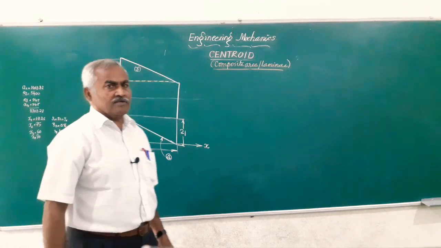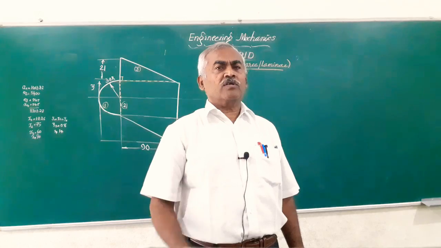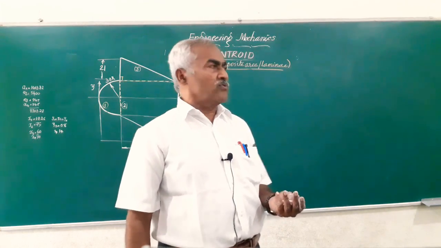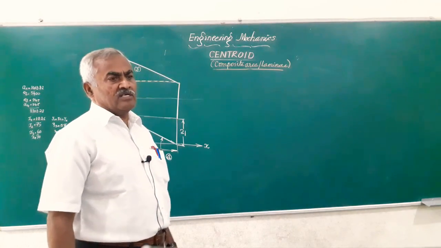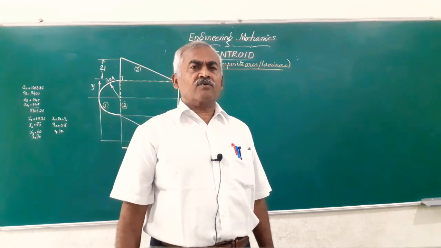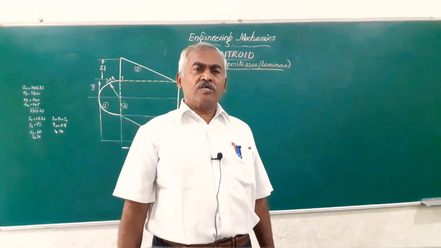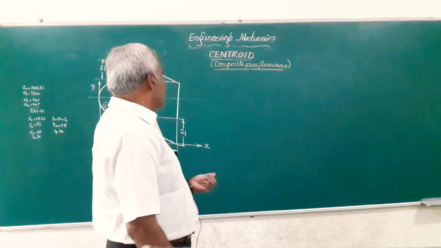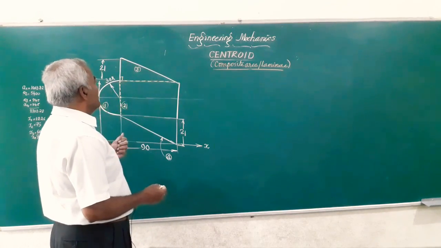So, in the first step, we have divided the given figure into 4 plane surfaces whose centroids are already known to us. Friends, to find the centroid of this figure, as all of you know, we need the areas of all these figures and also the location of the centroids of the individual figures. Let us first locate the centroids of all these figures.